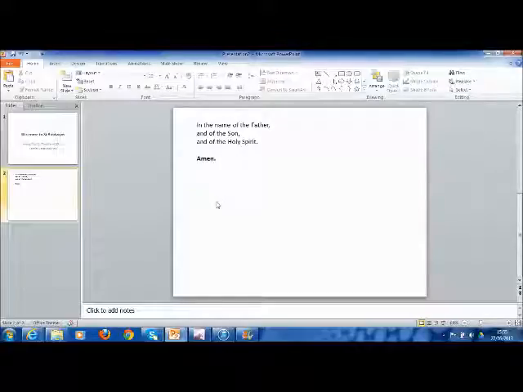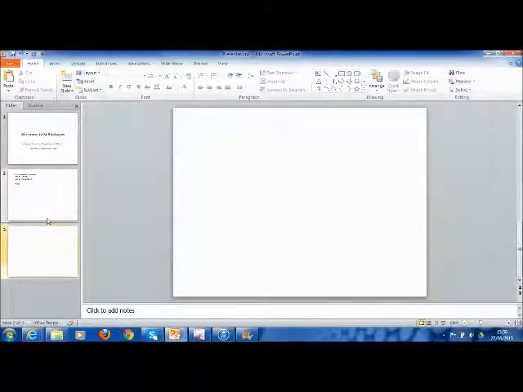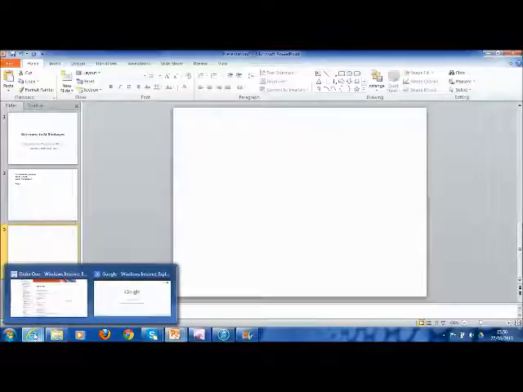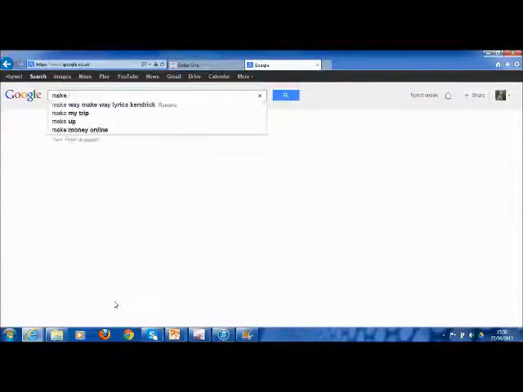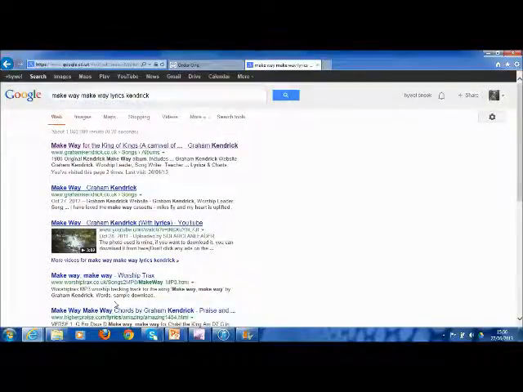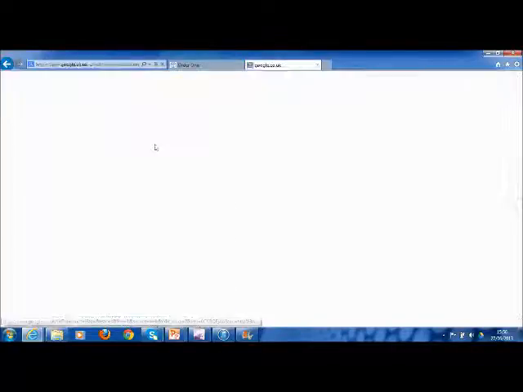Now we're going to show you how to do a hymn. So if you go over to new slide, as we did earlier, and again select a blank one, that's already done it for us, that's good. Now again, you don't have to type in loads and loads of hymn words from various hymn books and stuff. You just go back to the internet, and today we're going to look at the hymn Make Way for Christ the King. So if you go to Google and just type in there Make Way for Christ the King, there we are, and you click on the link as usual,